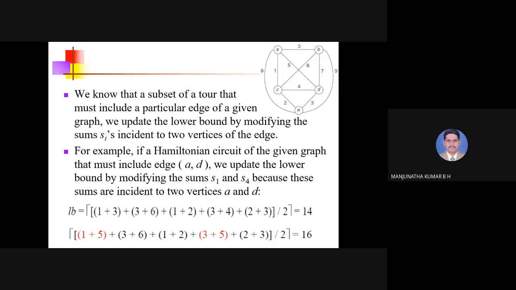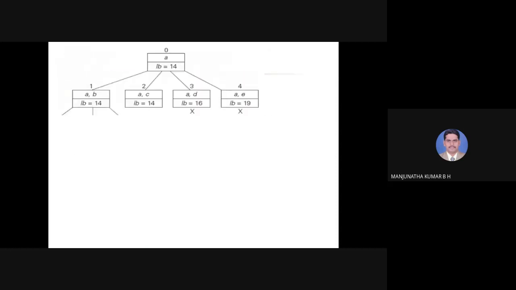Whenever you decide a particular edge or a particular city you are going to visit from the current city, now let me solve this problem completely. In the right side you can see the input graph, and the left side is the first portion of the state space tree, the root node and its 4 child nodes. Now in this slide I am going to explain how nodes 1, 2, 3, 4 are generated from node 0. Listen carefully.